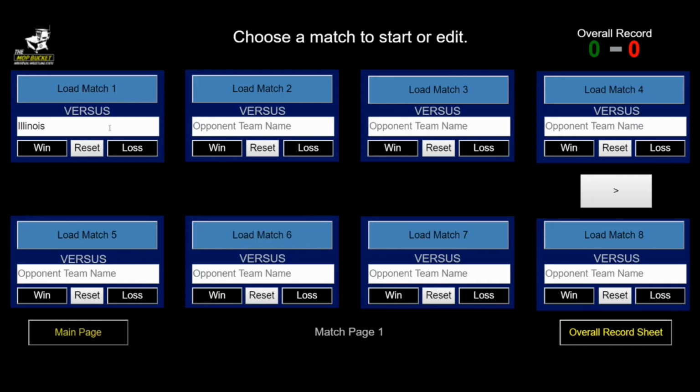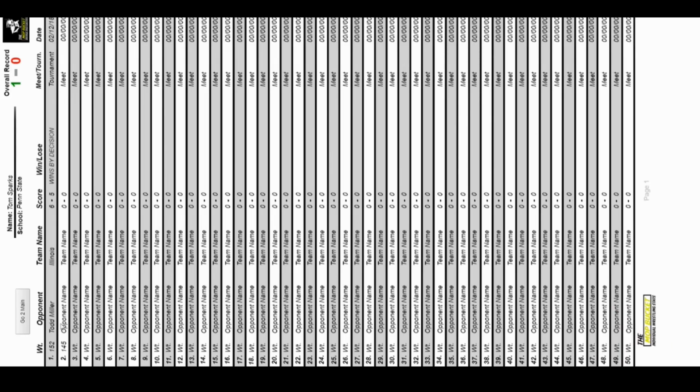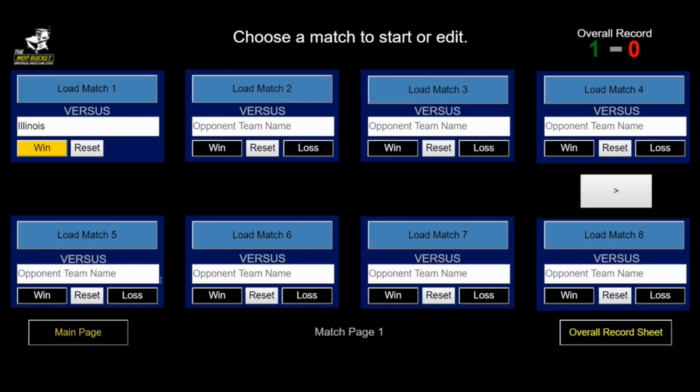So here, when we're done, green won, so we need to create a win, which updates our overall record over here. Then our record sheet, if we go there, you'll see that our name is up here at the top, Tom Sparks from Penn State, and he wrestled at 152 against Todd Miller from Illinois. He won, score was 6-5, wins by a decision, and it was at a tournament, and it was on February 12th of 18. So that gives you kind of a rundown of how the program works, and I hope it